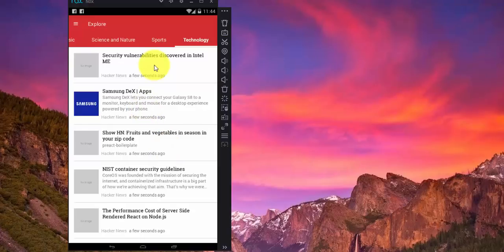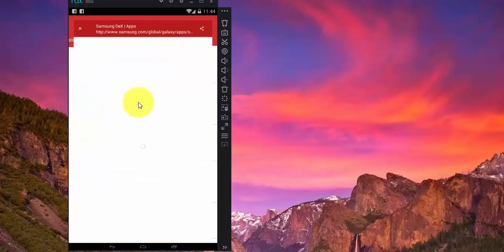And also you can view a specific news. Let's say I want to view this. So once I click on it, you have the title and some menu web view. So you have the URL over here. You can also share the news